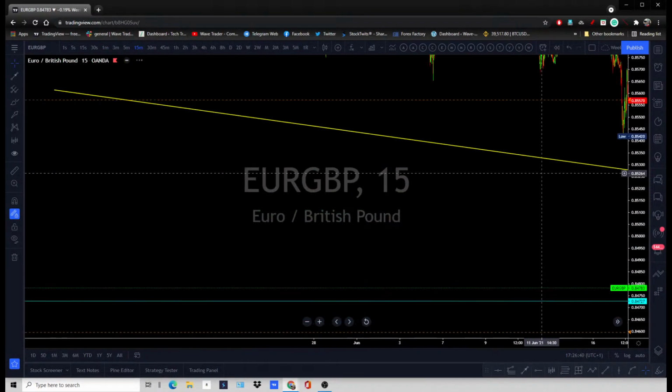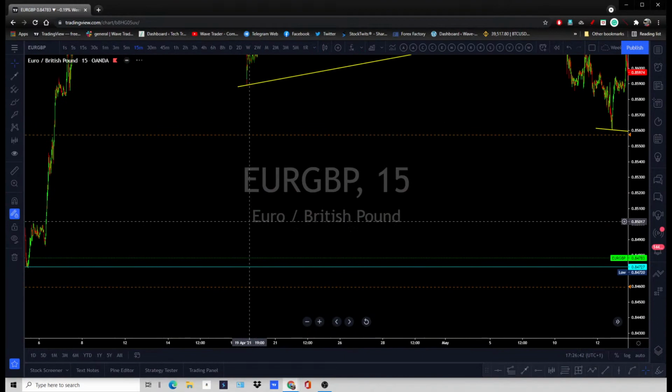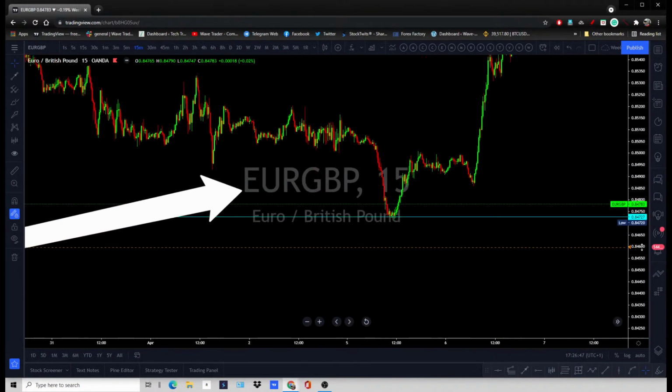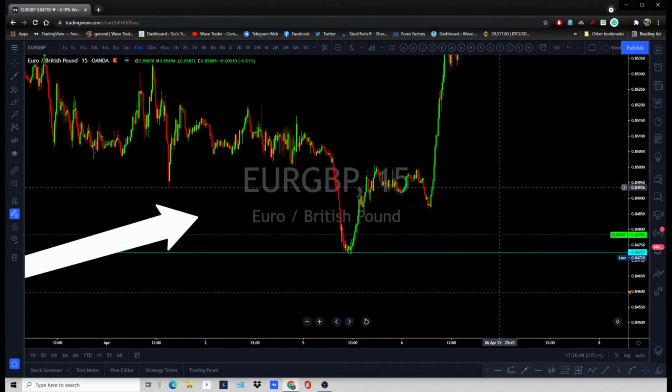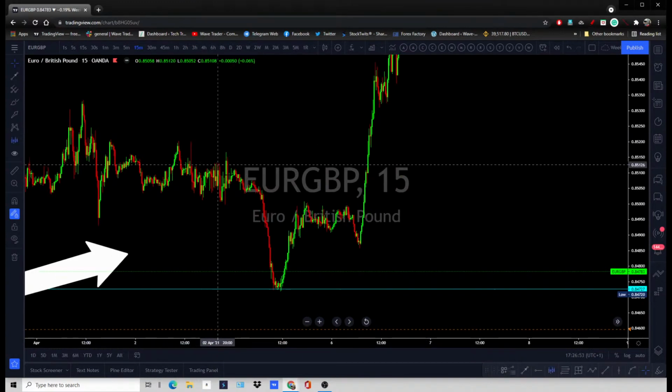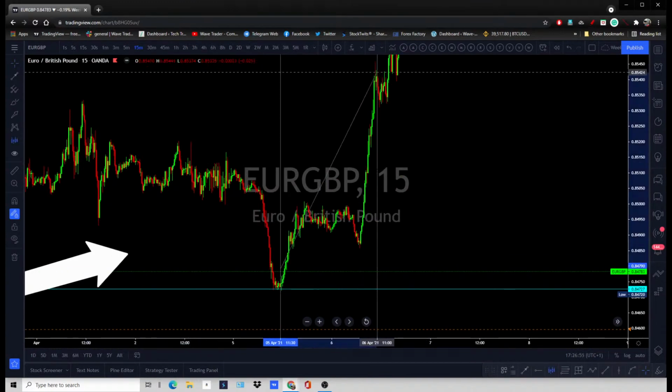Rather than waiting for a 4-hour aggressive move, if you wait for that, it's going to take a lot of time. I mean, you're going to be late. You're simply going to be late, waiting for that kind of aggressive move and price action.